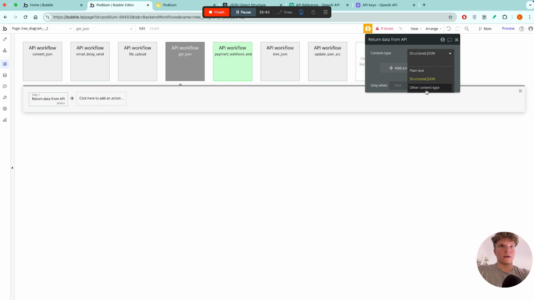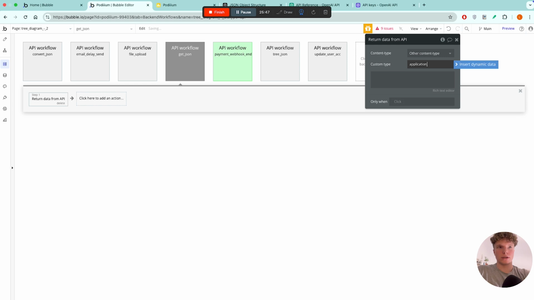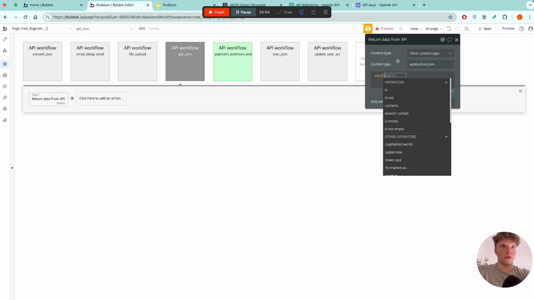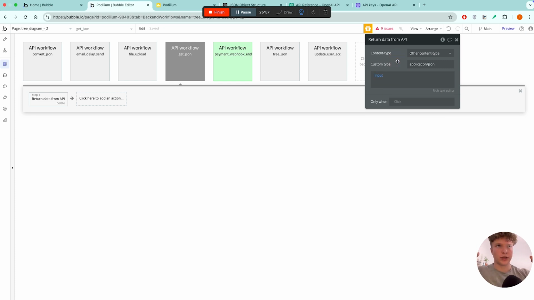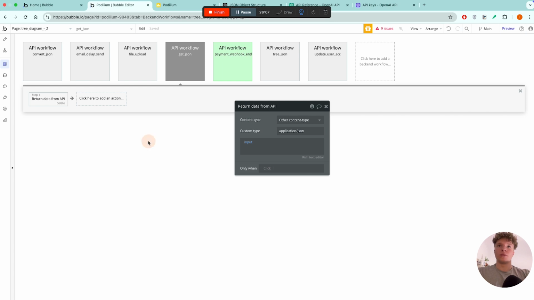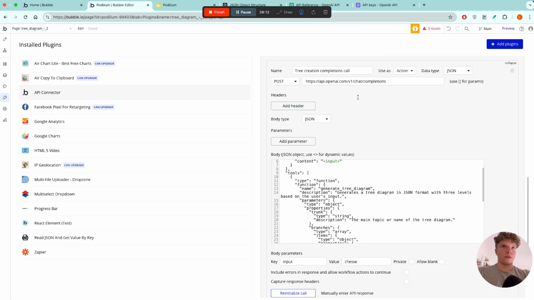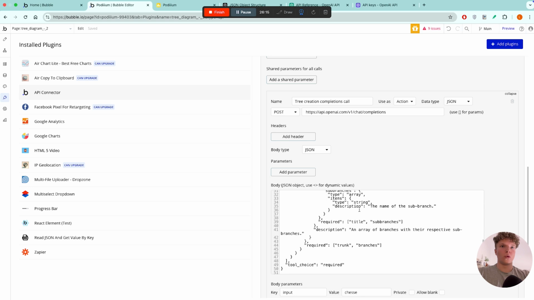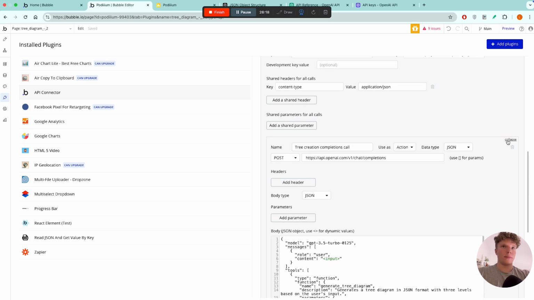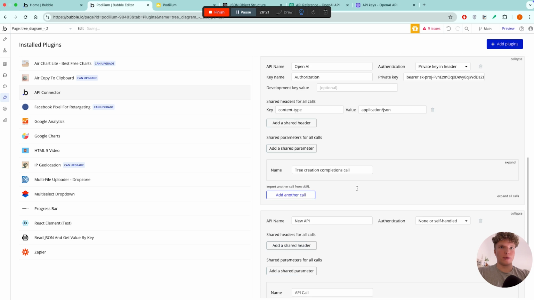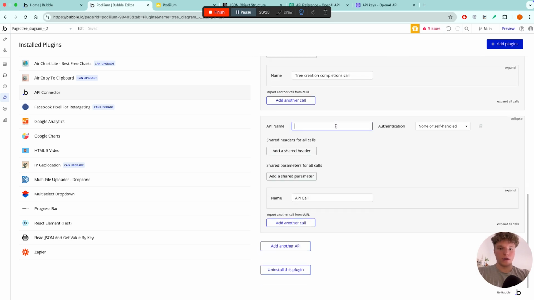If we go onto here and add other content type, we can now put that application/JSON into here, and then we want to grab our input, and that's basically adding that application JSON to the object that's not being recognized yet, and that's essentially going to get us to be able to recognize it as a JSON object. And if we go to plugins here, we want to be able to now call our backend workflow. So if we add another API, this is going to be our application,